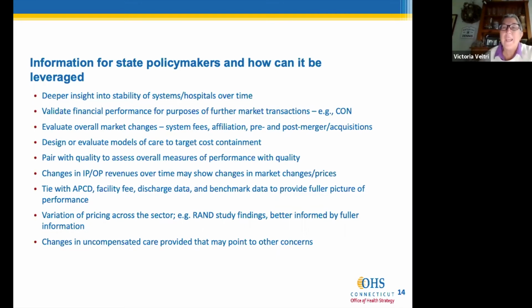So one of the only ways we could see the impact is with financial statements over time. Again, looking at those financials may help us develop some models we could use to target the costs that we're seeing in those models. We, like Jeremy, have started a benchmark program in Connecticut, and we think seeing the financials is going to be absolutely critical as a companion piece to the kind of claims reporting that we're going to get to evaluate system